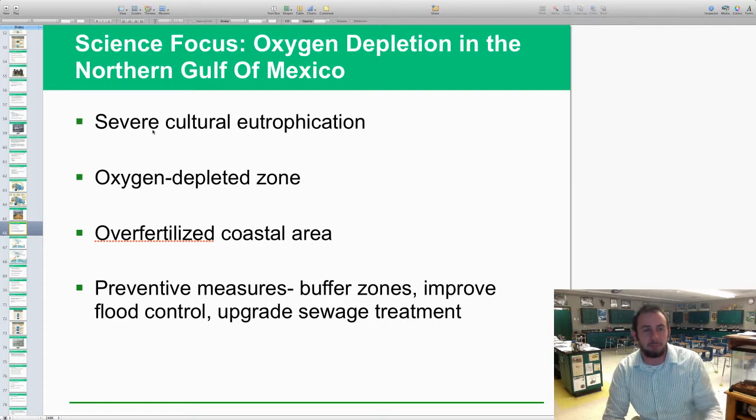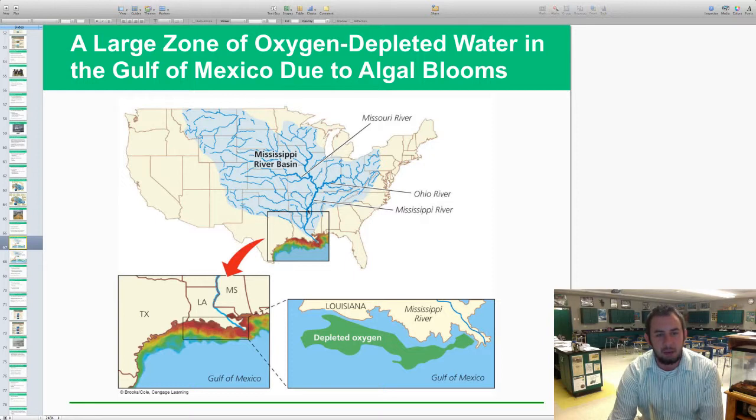Instilling buffer zones, improving flood control, hoping to upgrade sewage treatment so it doesn't have as many nitrogen and phosphorus molecules in it. But you can see how large the Mississippi River Basin is, and all that drains down into the northern Gulf of Mexico. So you can see how anything that you dump even in Ohio and Wisconsin and Minnesota and Montana, I mean, all those places are draining all the way down into the Gulf of Mexico,